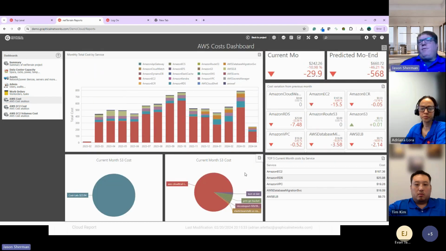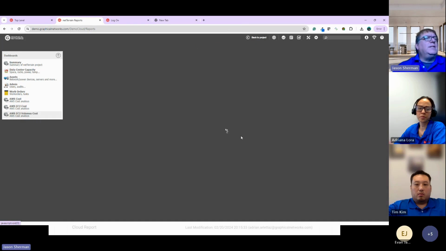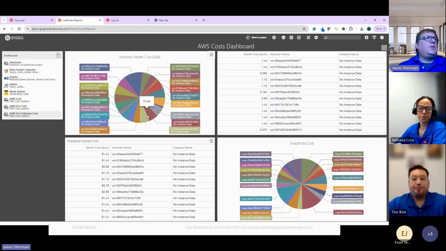Now, again, if you have access to the cost information inside AWS or Azure, you might go into those dashboards and tools that they offer to give you that information, which I fully understand. But some people may not have direct access to that environment. So again, you can go in and see things like, oh, here's my volume costs, and investigate things. Some people have access to AWS or Azure, and the cost side isn't necessarily that critical to what they're doing day to day. But a lot of folks do want to know.